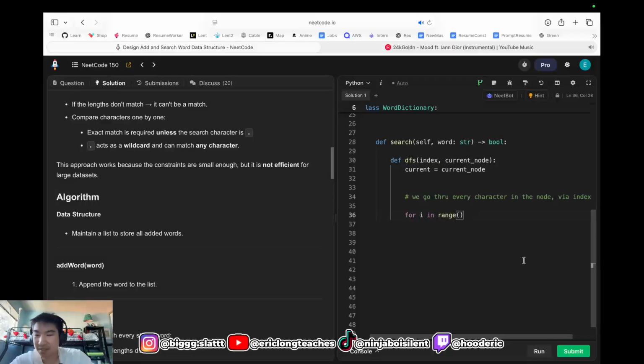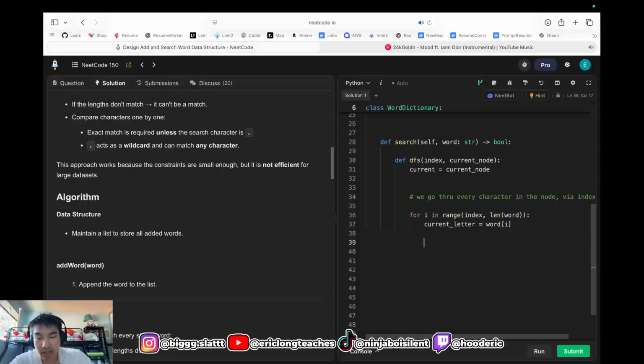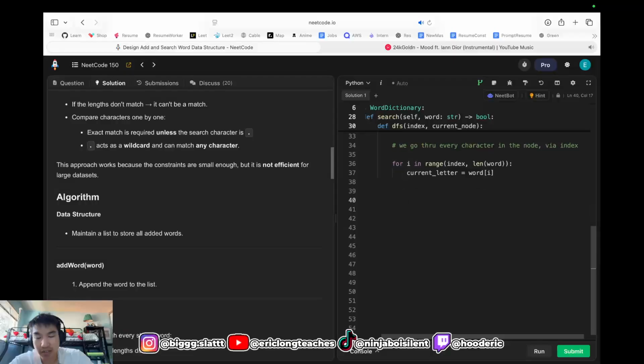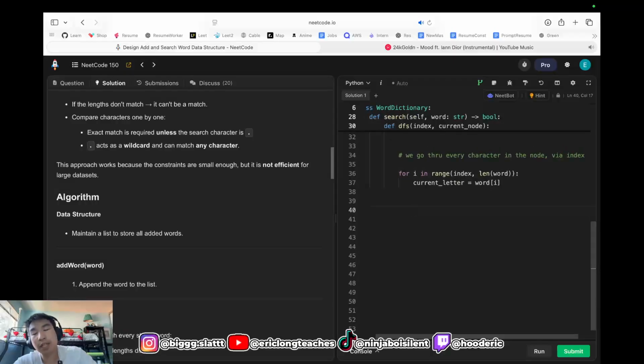I don't really like naming stuff I, but okay. For I in range index. So we start from 0 and we go to the length of, I guess, the word. And then we could say current letter is going to be equal to word of that I. And I think that should be good. And now we should just go ahead and check if it is in there. So we check that I and we see if